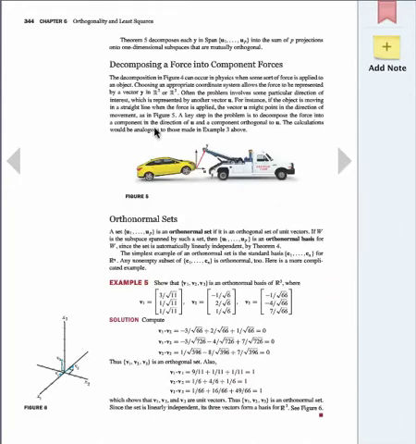Decomposing a force into component forces. This is something you've done in other classes, and this is more just pointing that out. Finally, we get into orthonormal sets. Orthonormal set is an orthogonal set that is also